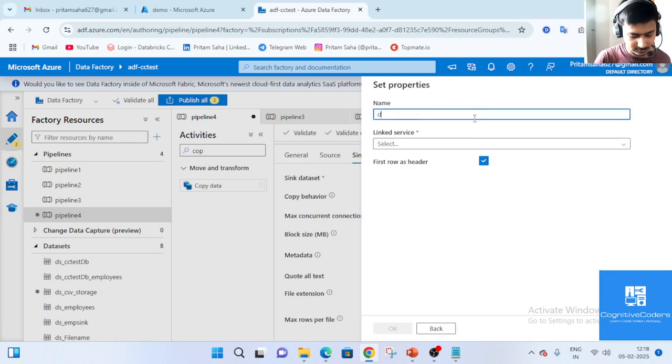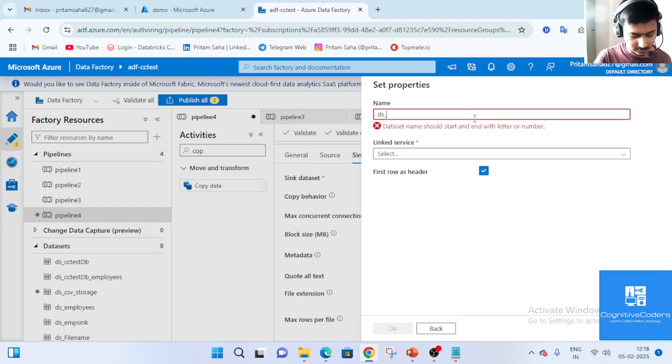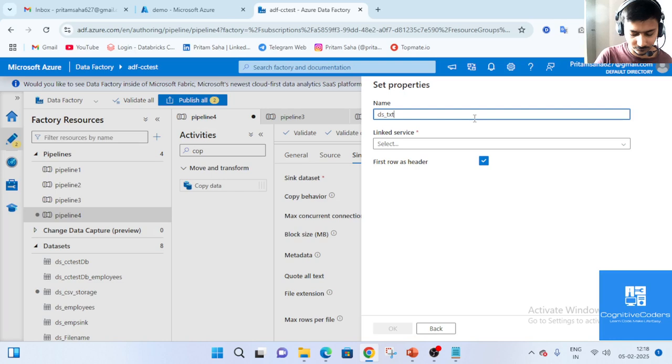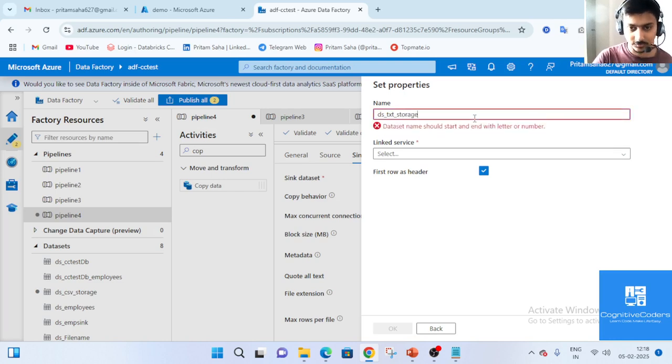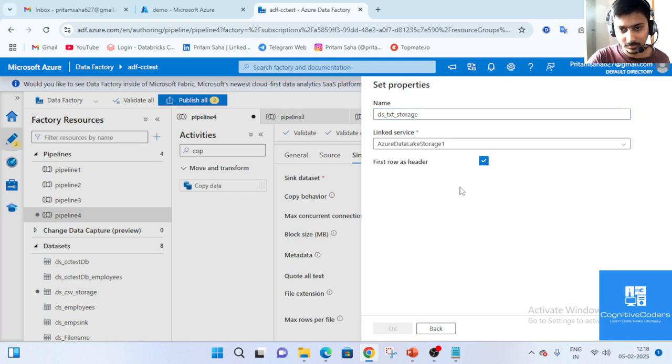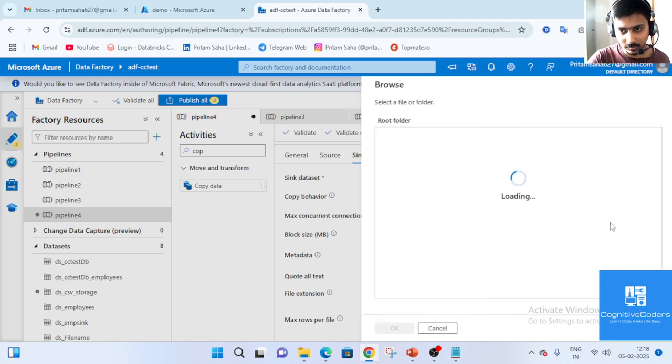So it is a DS dataset txt, storage, then gen2, then